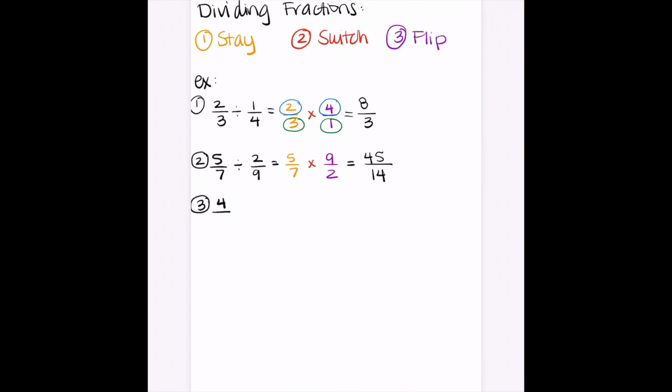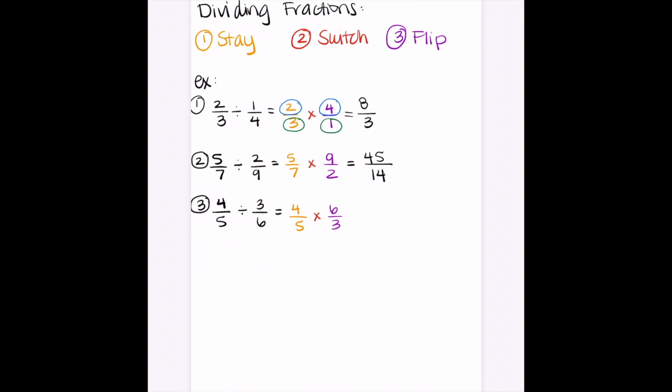Let's do one more example of dividing fractions. We will do 4/5 divided by 3/6. So same steps. We're going to keep our first fraction the same. Our 4/5 is going to stay. We're going to switch our division sign to a multiplication sign, and we are going to flip the 3/6 to